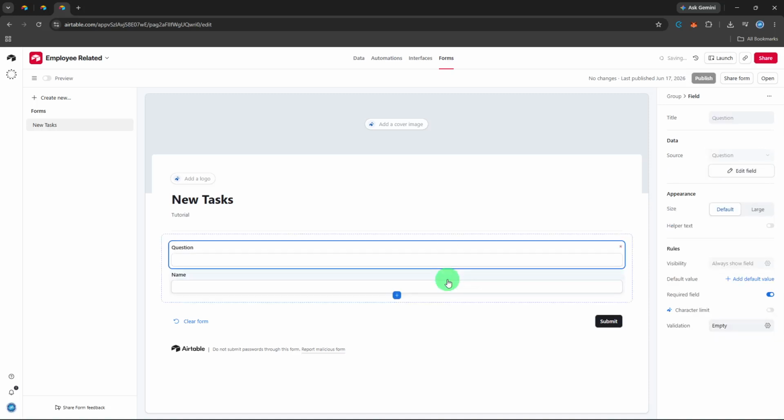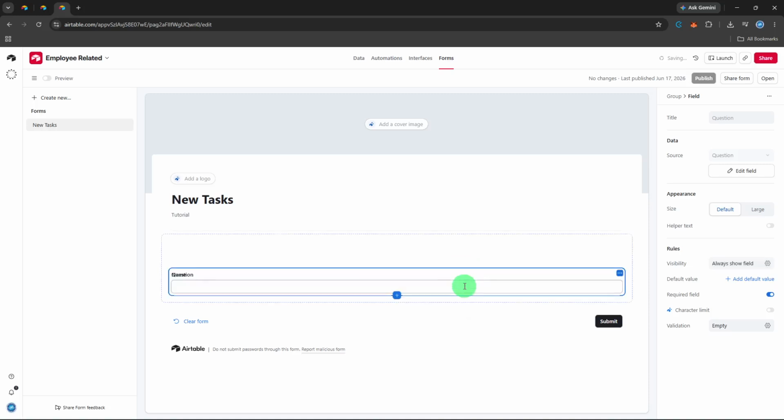You'll see a visual indicator showing you exactly where it will land. Once you're happy with the spot, simply release the question. It snaps right into place. Repeat this process for any other questions you want to reorder, moving them one by one until the entire set feels logical and intuitive. Reordering questions helps create a smoother experience for your respondents and ensures information is collected in